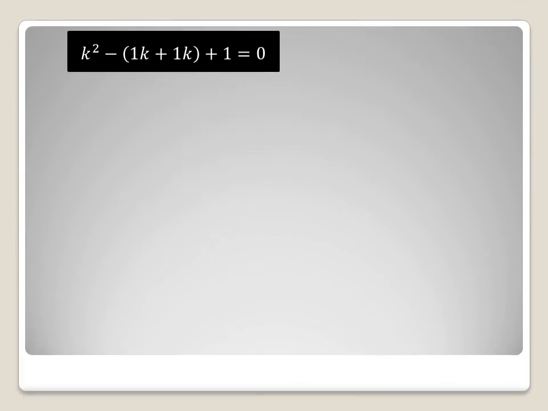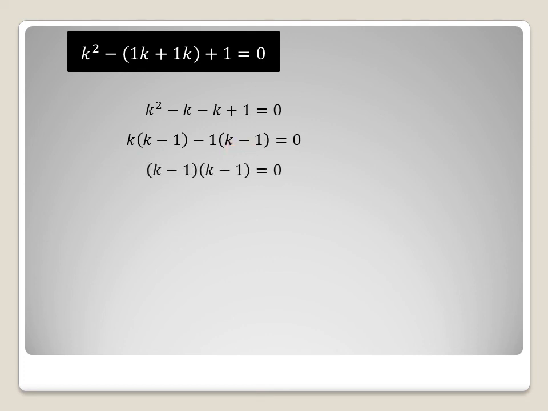This is the last step. We will open the bracket with the minus sign, so the sign of the bracket, that is plus, will change to minus. K square minus k plus 1. Taking common, k is the common digit from k square minus k, so k into k minus 1 minus 1 into k minus 1. So we have k minus 1 whole square. I have written it as a square, k minus 1 whole square.